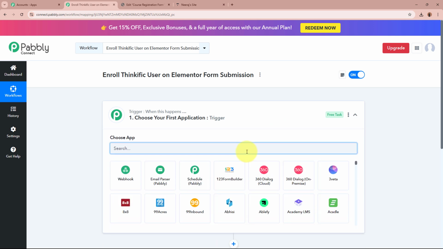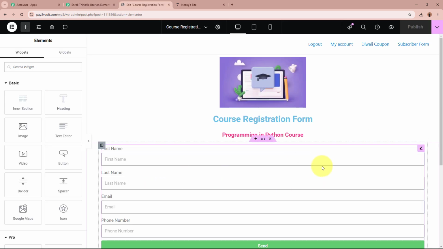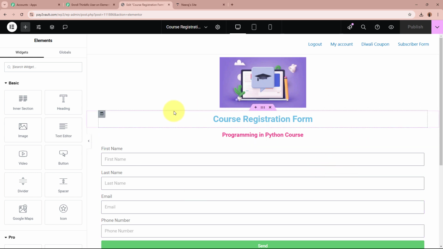And for the trigger application, what I'm going to do is I'm going to select it as Elementor. Elementor is a popular website building plugin for WordPress that helps us to create stunning and professional looking web pages without needing any coding and programming skills. It works as a simple drag and drop interface, allowing us to add and customize elements like text, image and